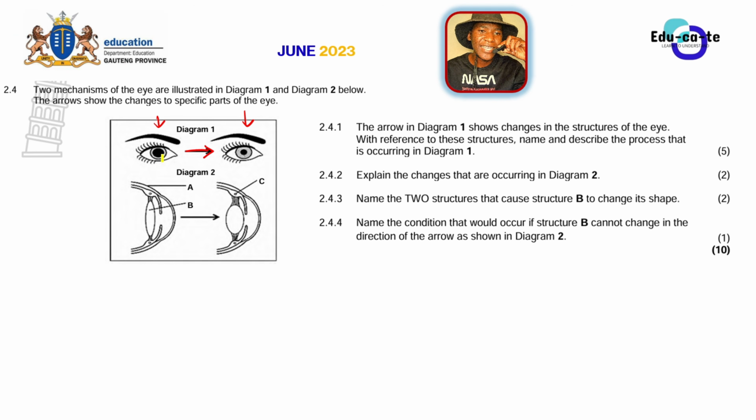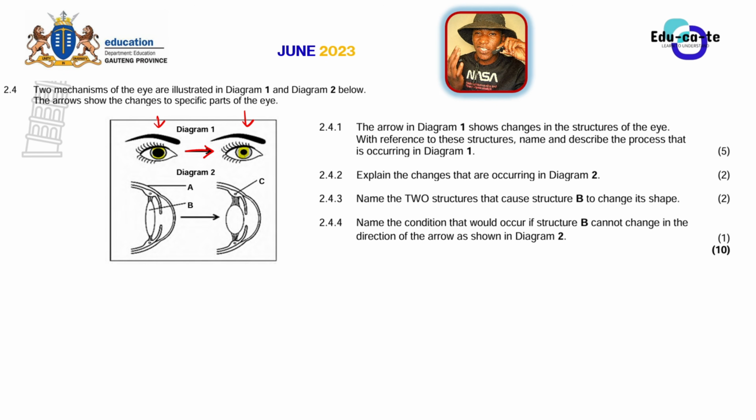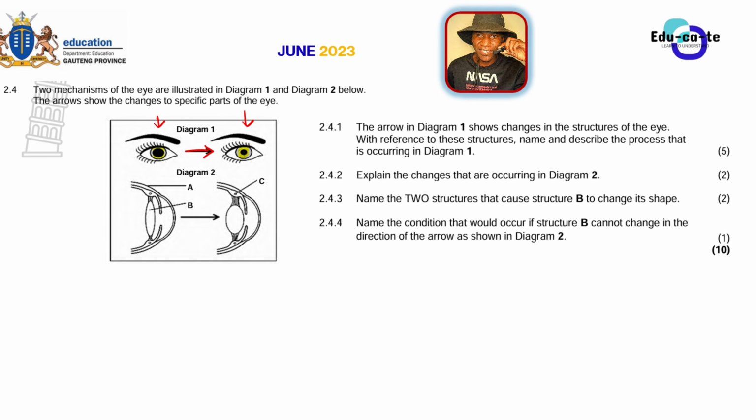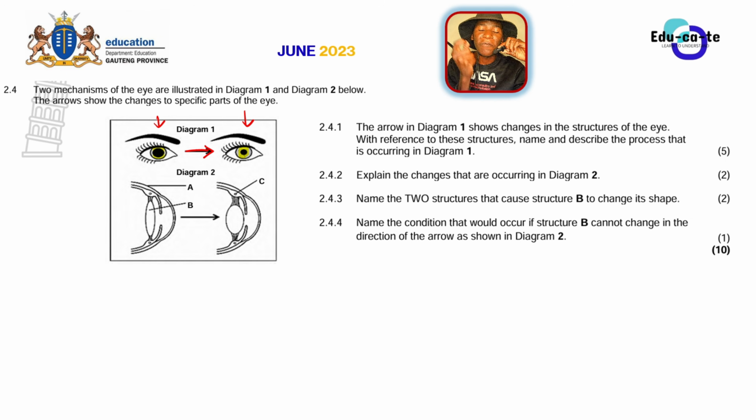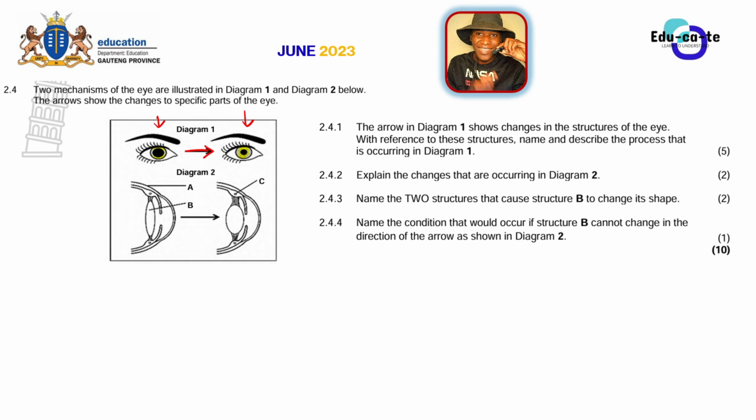So basically you can see that here the pupil, the black part of the eye, is more open. When you look at the second part, because there have been changes according to the statement, you can see that the pupil is way smaller. So this is a pupillary mechanism. Most of the time, when they give you the diagram of a front eye, that involves pupillary mechanism, and when they give you the diagram of a side eye, that involves accommodation. So get a trick on that.